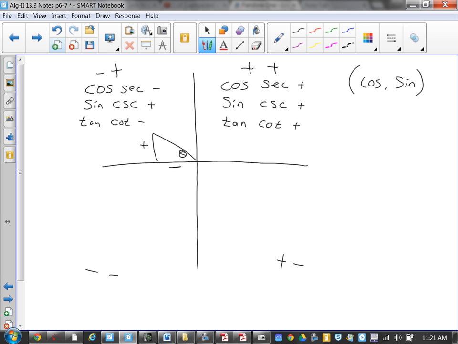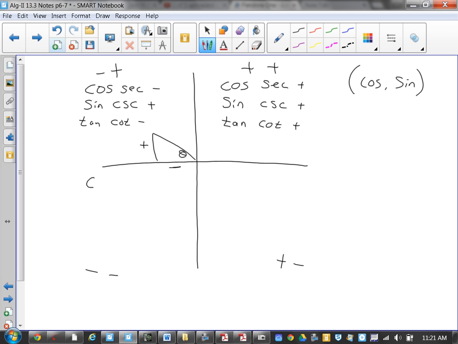So is cotangent. Because look at the triangle. You have a positive y value and a negative x. Tangent's y over x. Tangent's sine over cosine. Okay? In the third quadrant,